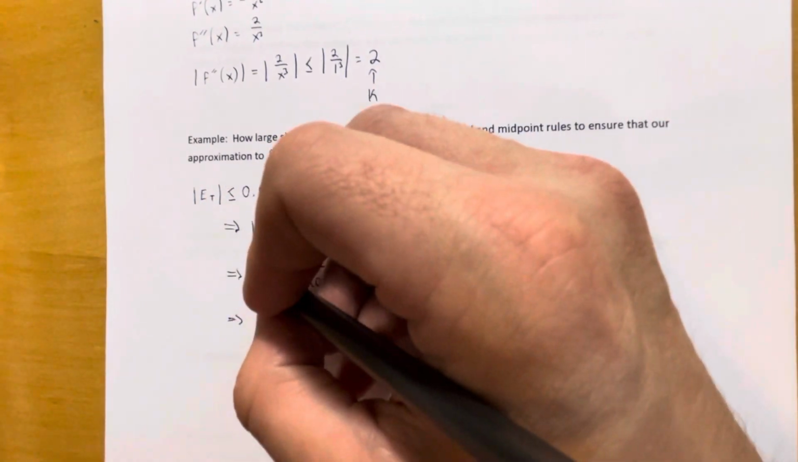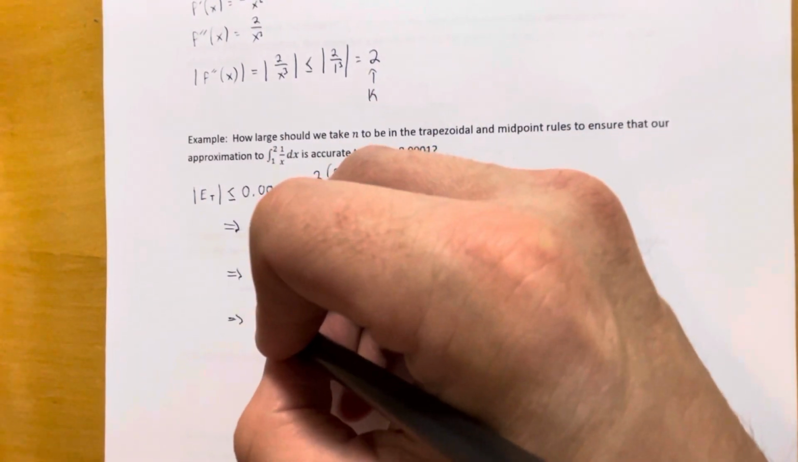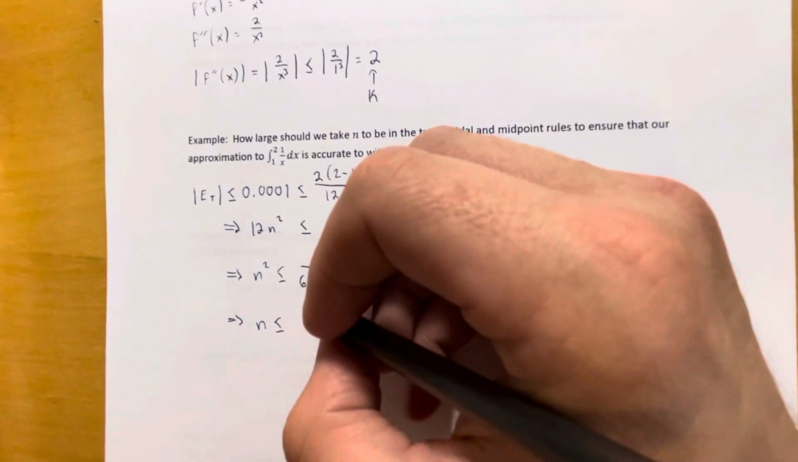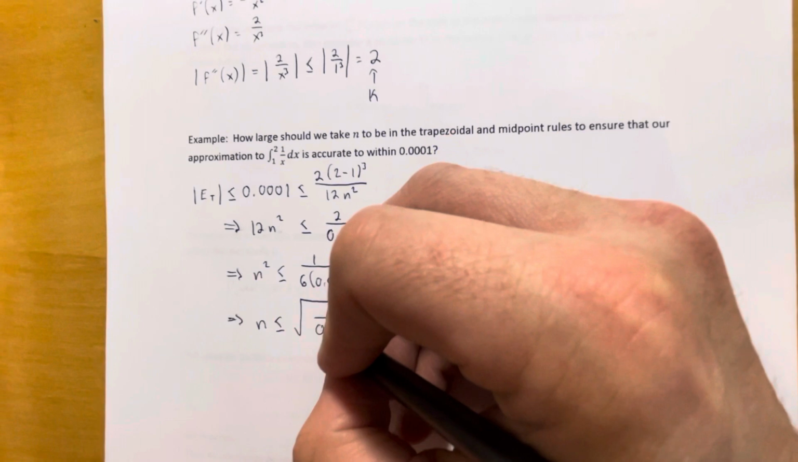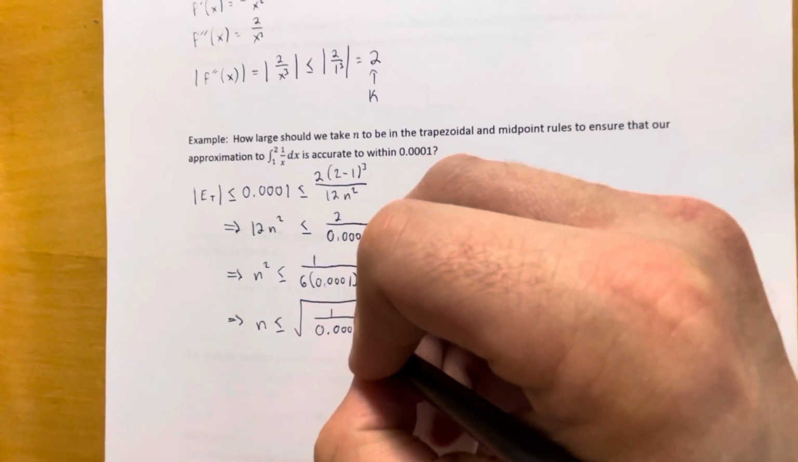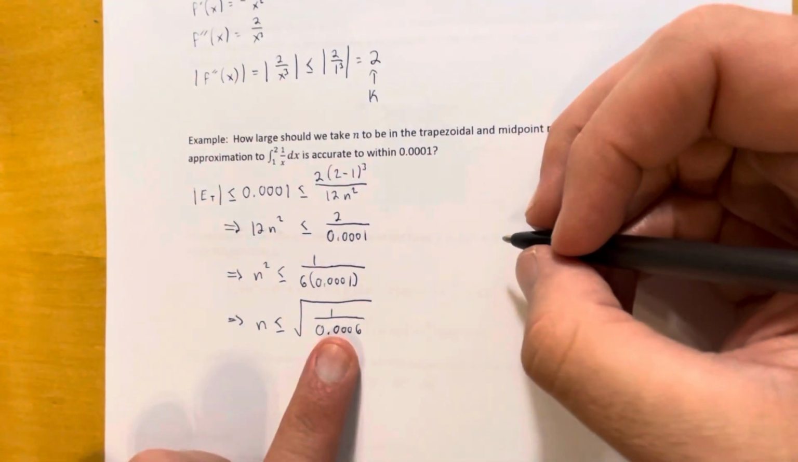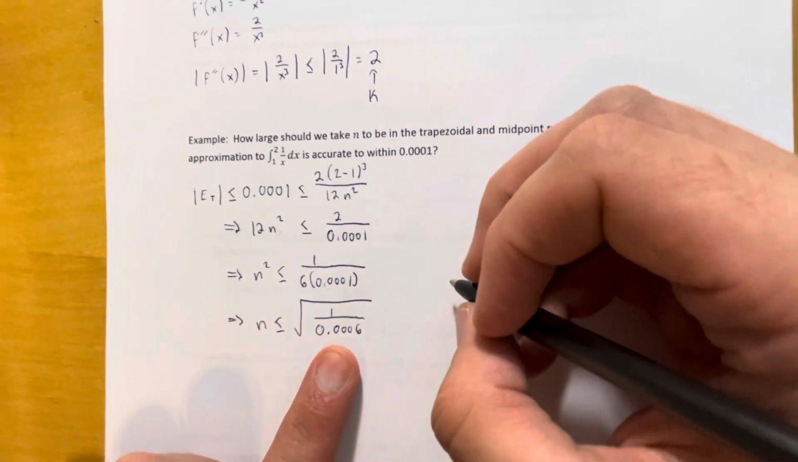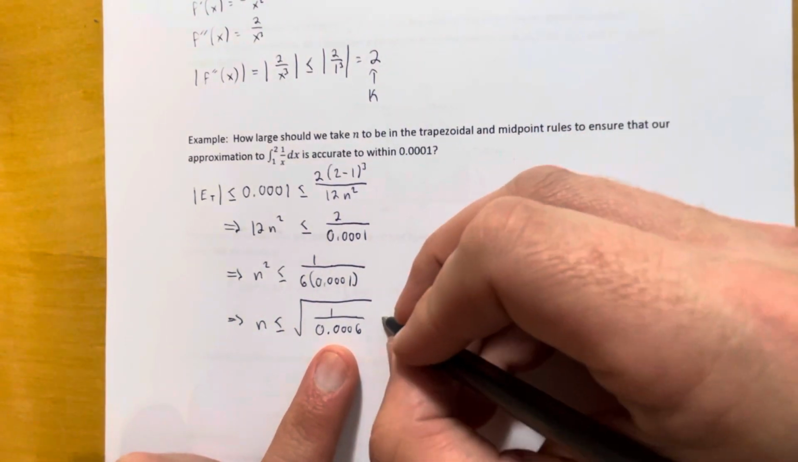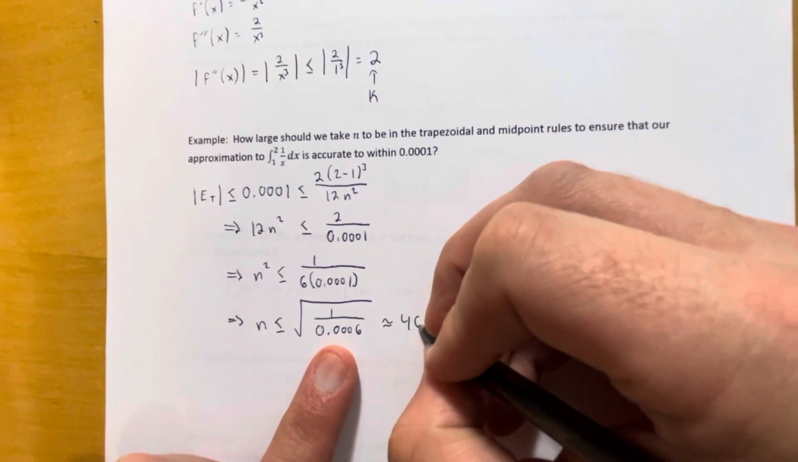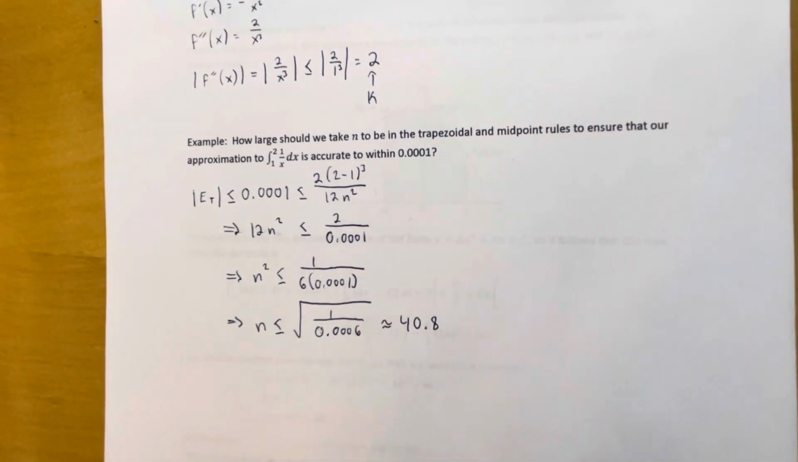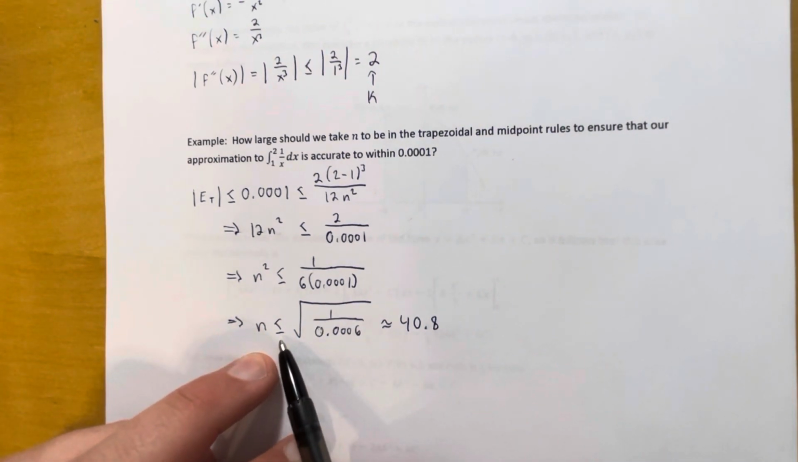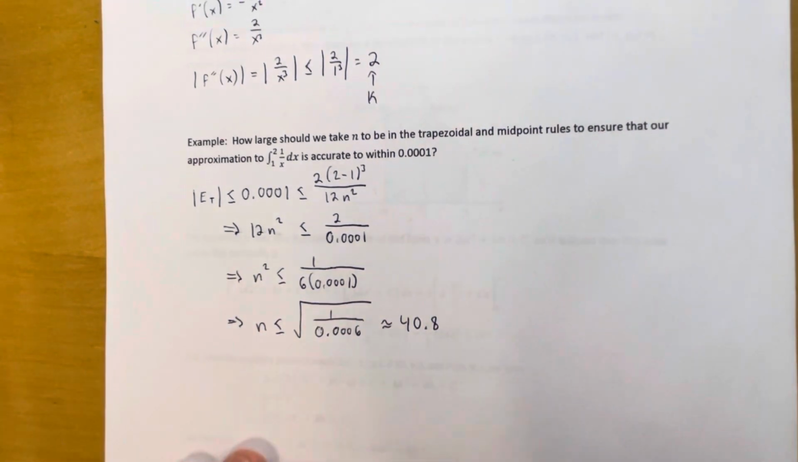And what that means is that if I take square roots of both sides, I don't have to flip that inequality sign. So I can write this as the square root of 1 over 0.0006 if I multiply that 6 in. This is where we'd enter things into a calculator. This is going to give me roughly 40.8. Okay, so n has to be less than or equal, or sorry, hold on,